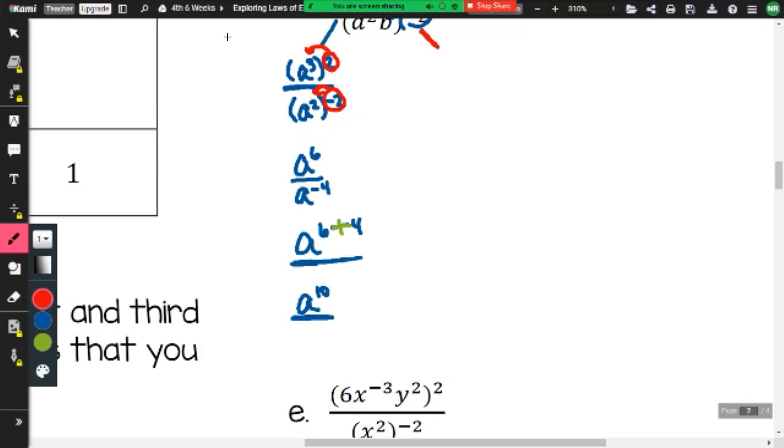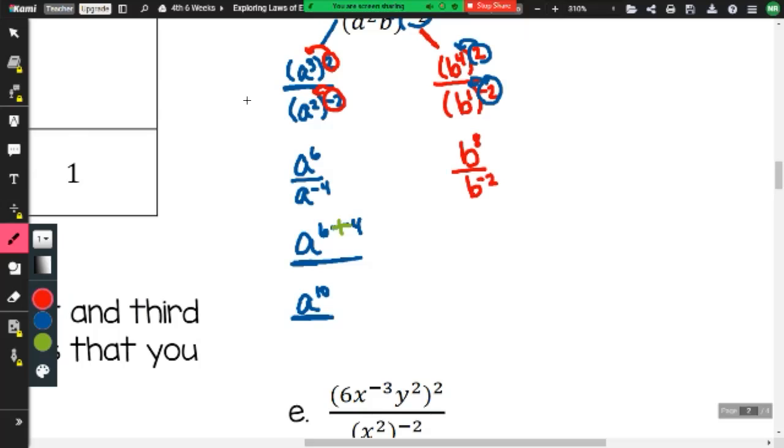Now we need a group for the B's. The power at the top is B to the power of 4 inside of the parentheses with what outside? 2. Power at the bottom is B to the power of 1 with what outside? Negative 2. The first step is to do what to the exponents? Multiply. Okay, 4 times 2 gives us 8, and 1 times negative 2 gives us,